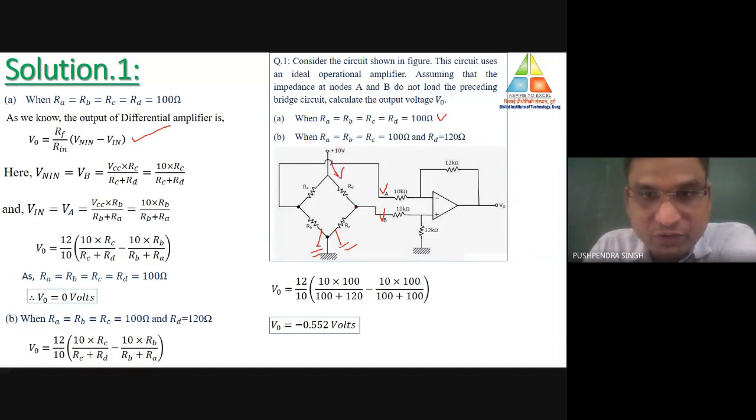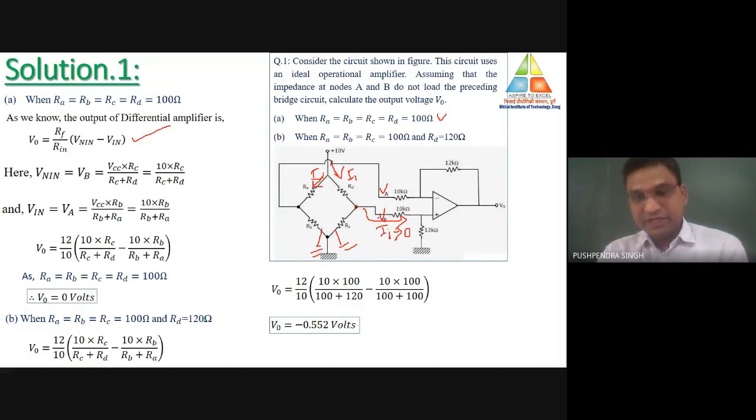The same current will flow in this direction and also in this particular direction. If this current is I, this part current will also be I. Now from here, this is the input terminal of the operational amplifier, so the value of current II will be minimum. Let's suppose the value is 0. At this direction, it is the input terminal of op-amp, so the value of current is minimum. Or let's suppose the value of this II is equal to 0. That means the same current I will flow in this particular direction.